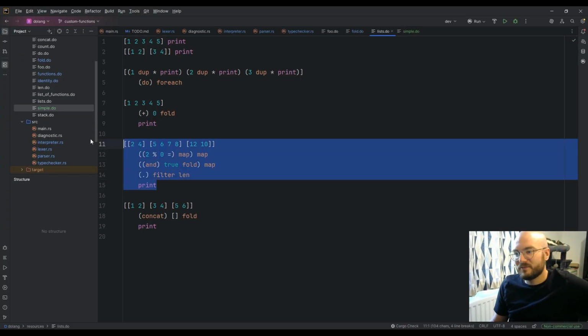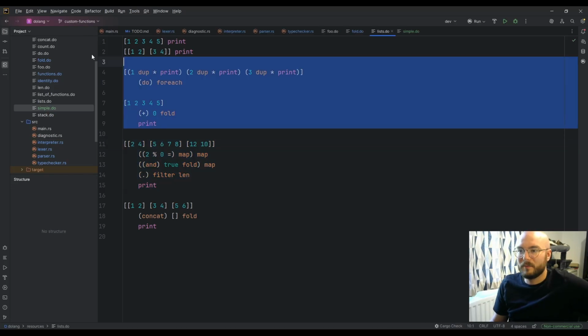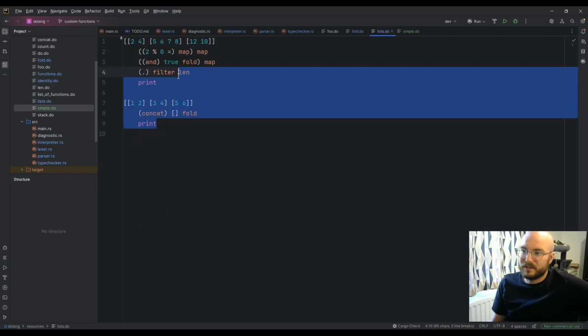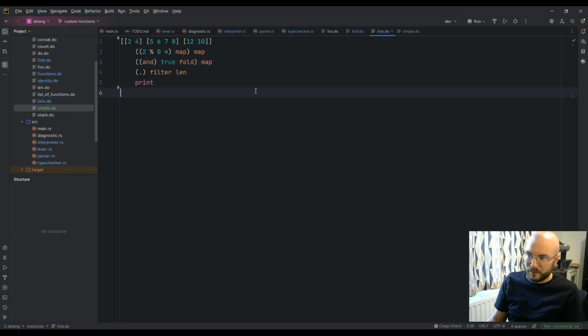So this is a fun example of a program that I did. This was the absolute stress test for my type checker, and this thing took about as long to get to compile as it took me to figure out what was wrong with fold. And then once I'd fixed fold, and then tried to make this compile, and then this compiled, fold broke. And then I eventually managed to fix it all, and it actually ended up being quite an elegant solution. It just means I have to kind of erase the generics all the time.